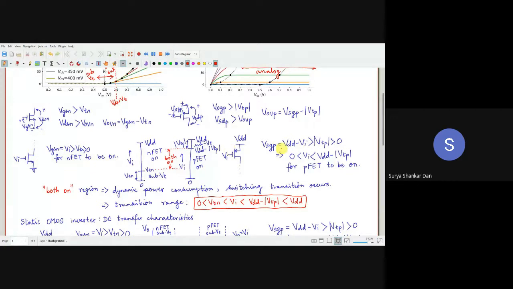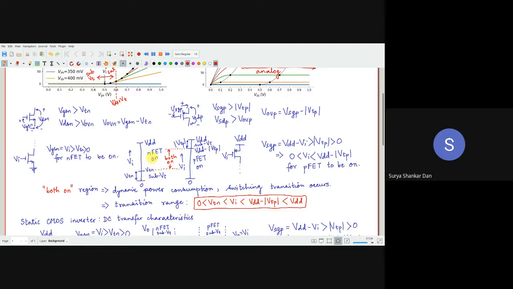अच्छा, बढ़िया. So that means अगर मैंने VI को shift किया from 0 to VDD in this linear straight line, VI I'm increasing from 0 to VDD. What will happen? Until VI reaches VTN, this is not switched off, not cut off, but it is in the subthreshold region. I'm emphasizing it many times here because subthreshold leakage is the major source of leakage in modern technology. If we say it is cut off, that means there is no leakage.